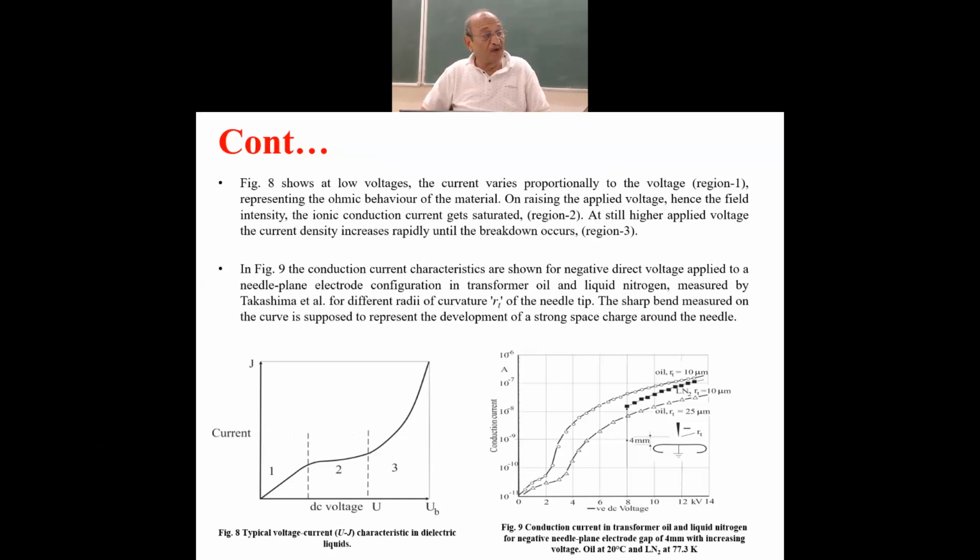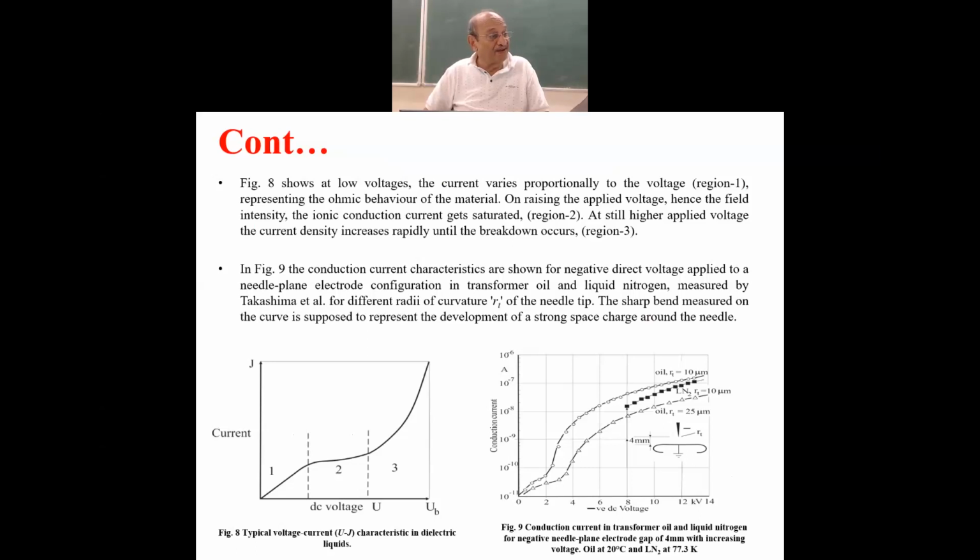And the most interesting part is how long you apply a voltage continuously. Obviously, it doesn't come into the picture when you apply a pulse voltage, but it does matter suppose it is AC or DC voltage, how long the voltage has been continued to be applied. The pre-breakdown phenomenon, the conduction currents, will also depend upon the time over which the voltage has been applied.